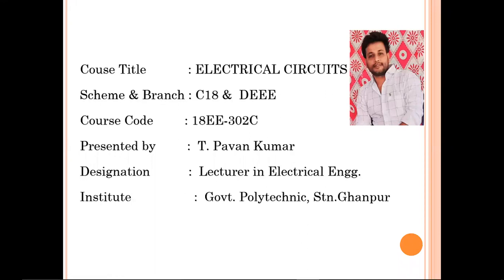In our previous session, we discussed a few problems on source conversion, that is, a practical voltage source to a practical current source. In this session, we will discuss further conversion with an example. In our previous session, we discussed different cases, case 1, case 2, case 3, in total 4 cases, by decreasing the resistance from infinity to 3 kilo ohms.